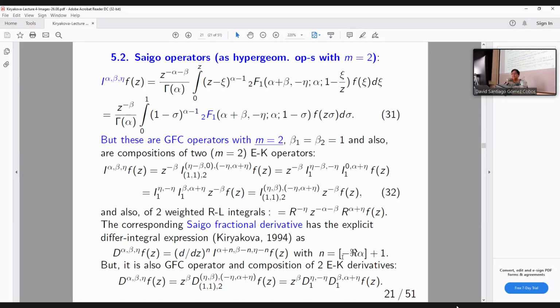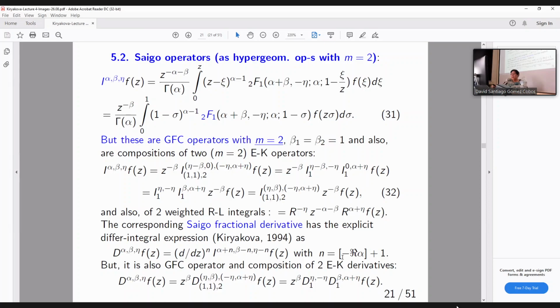So we use this definition of the Saigo operator, but as mentioned, it is a case of our generalized fractional integral, so m is equal to 2. And then Saigo operators are just compositions of two classical Erdélyi-Kober integrals, for which we know how they act on special functions. So no need to do all this